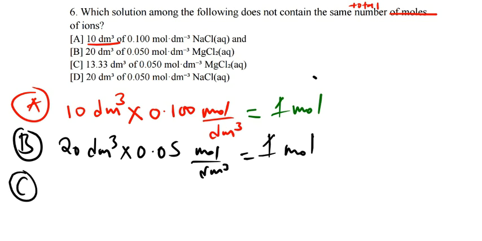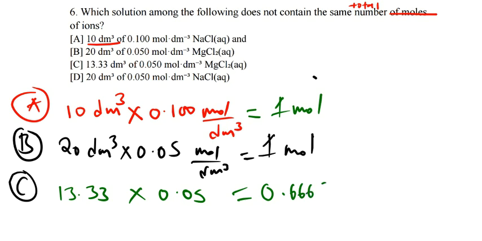C, 13.33, you know the units now, just leave them out. 0.05 is equal to 13.33 multiplied by 0.05, that gives us something like 0.6665 moles. And then finally for D,